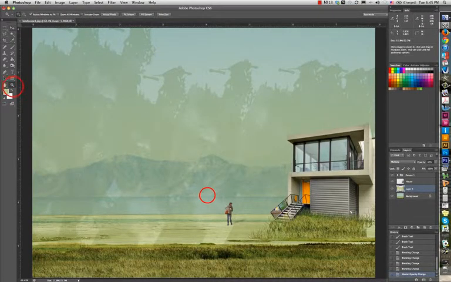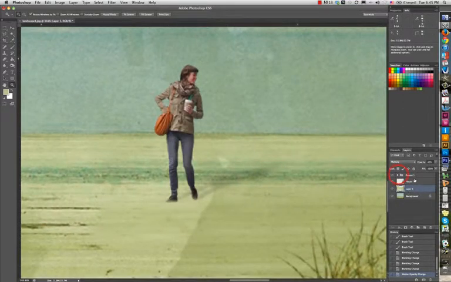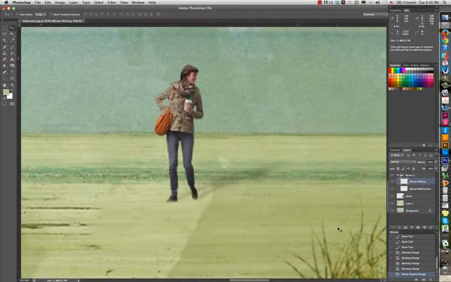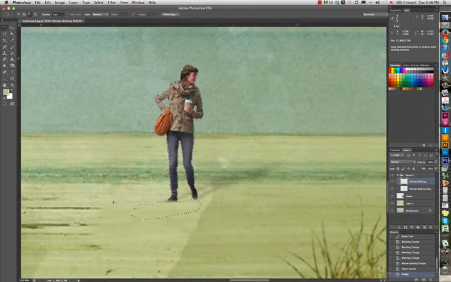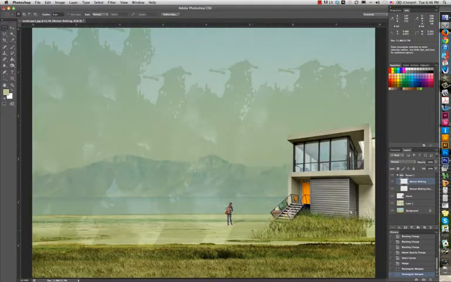The last thing that we'll talk about right now is making your own brushes. So let's say I want to make the shape of this person and I want to make a bunch of her across the drawing. So I want to select everything that's on her layer. So I'm going to Control or Command A, and then if I shift my selection around a little bit, I just get the outline of her. I had gone in on that layer and added some kind of ground so that she looked like she was in the ground, but I'm going to go in and deselect that. So this is the outline of the shape that I want. You could also select a letter, you can draw something freehand,